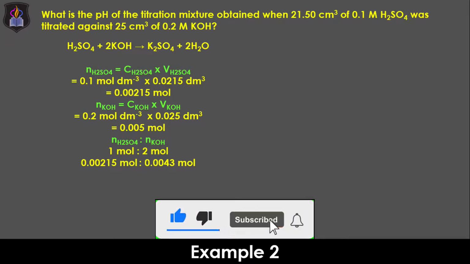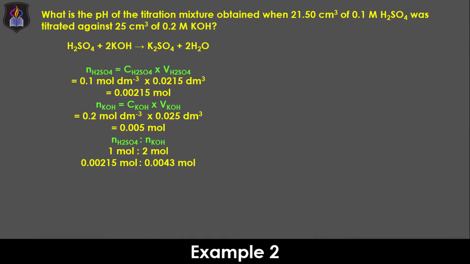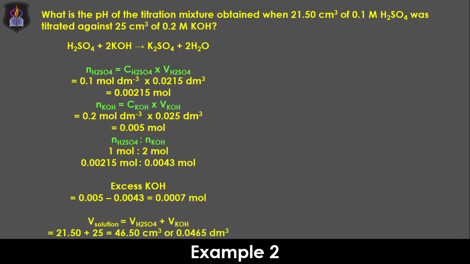But since we have more than that amount of the base in the titration mixture, it means that it is in excess by about 0.0007 mole. The volume of the titration solution is 46.50 cm3 or 0.0465 dm3, obtained by adding the volume of